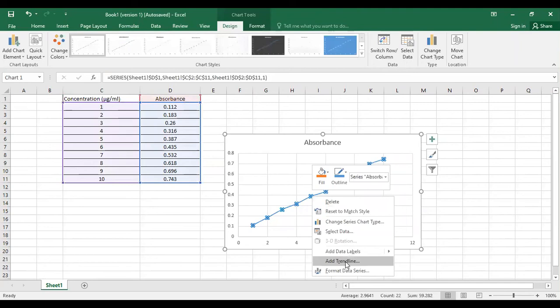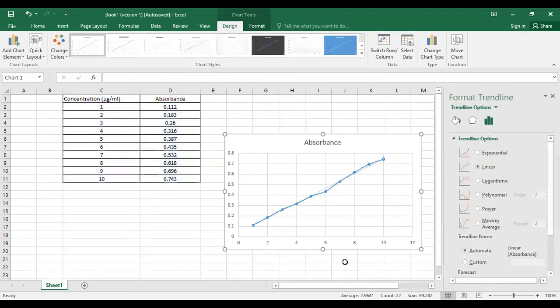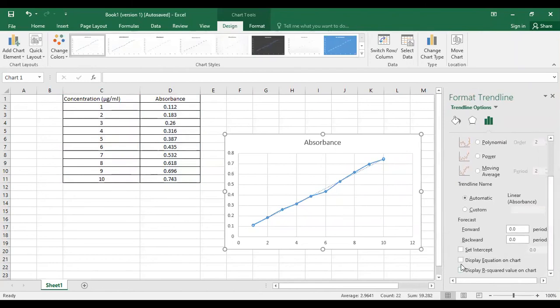Go to the option add trend line. In add trend line, tick display equation on chart and display R squared value on chart.